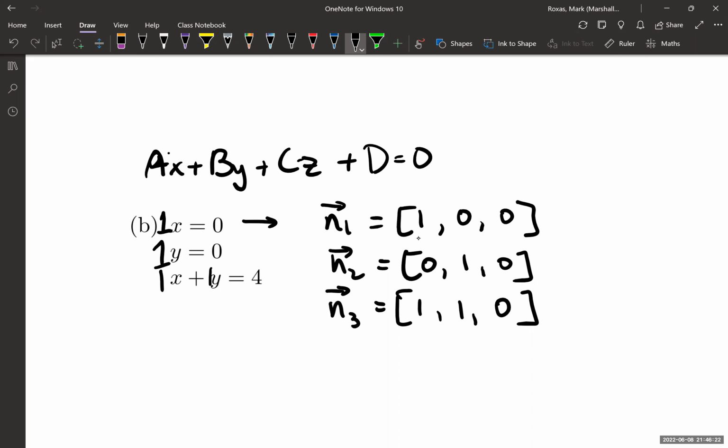X equals 0, y equals 0, y plus x. Remember, these represent planes, not lines. Okay, these are equations of planes. You have to keep that in mind too. Okay, so these are not lines, so they're planes. All right, so if I check